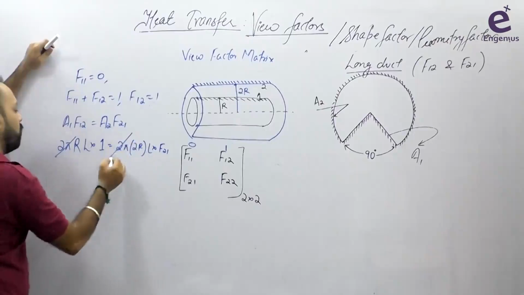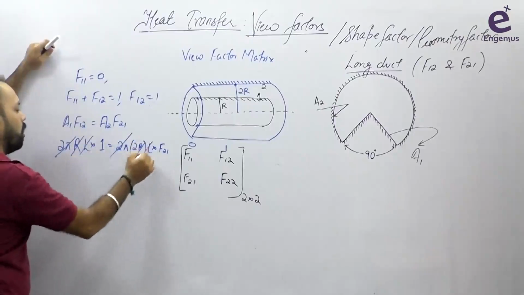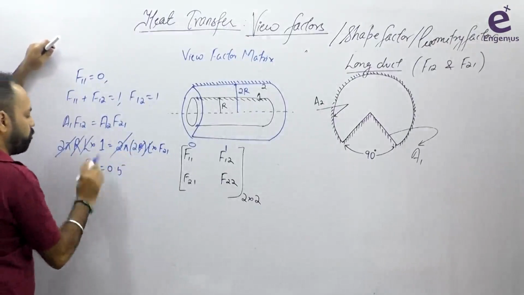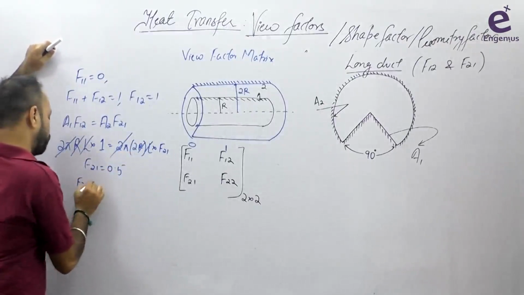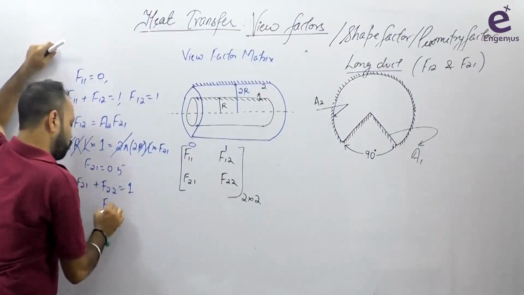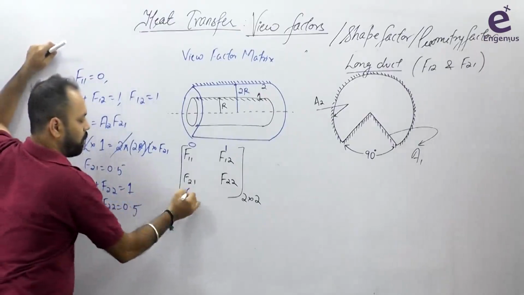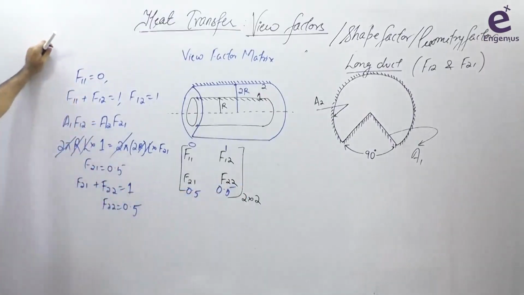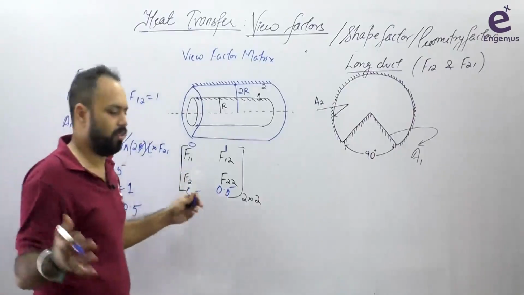2 pi cancel, RL cancel, F21 is equal to 0.5, और F21 0.5 होगा तो F21 plus F22 is equal to 1, and that must be equal to, F22 is also equal to 0.5. तो आपने यहाँ पे ये सारे मैट्रिक्स बना लिए, क्वेश्चन सॉल्व हो गया. ठीक है, बहुत छोटे छोटे क्वेश्चन है, that is why I did not take all of these as separate